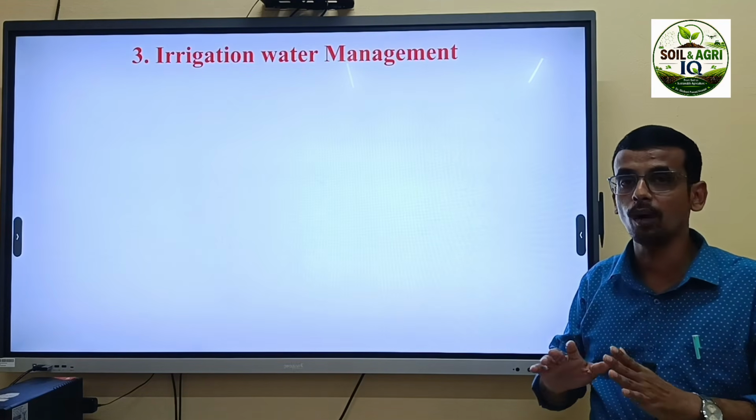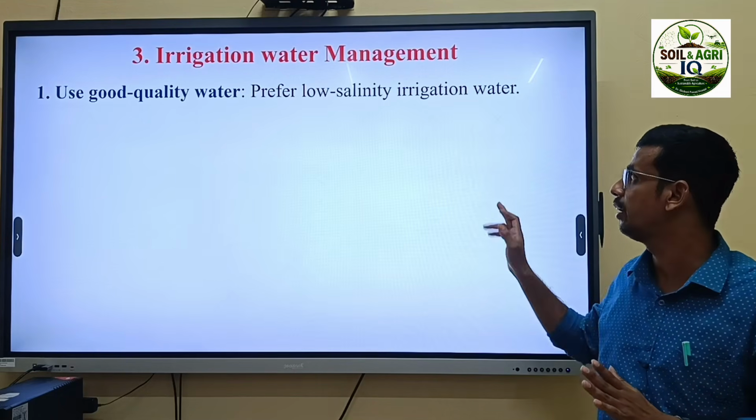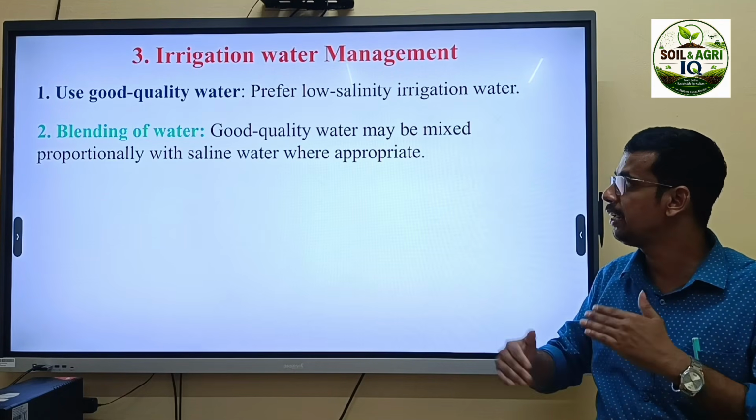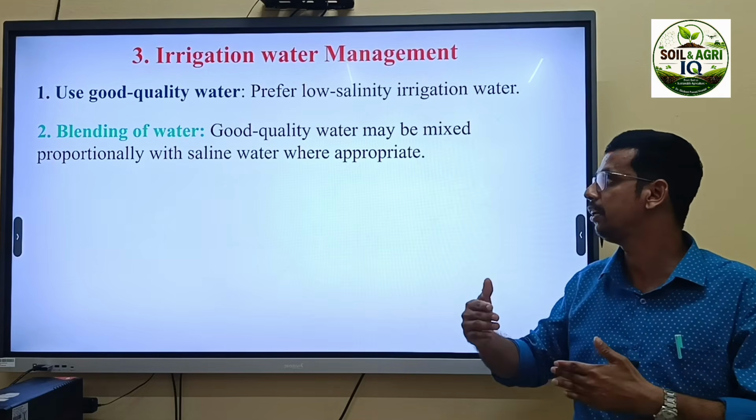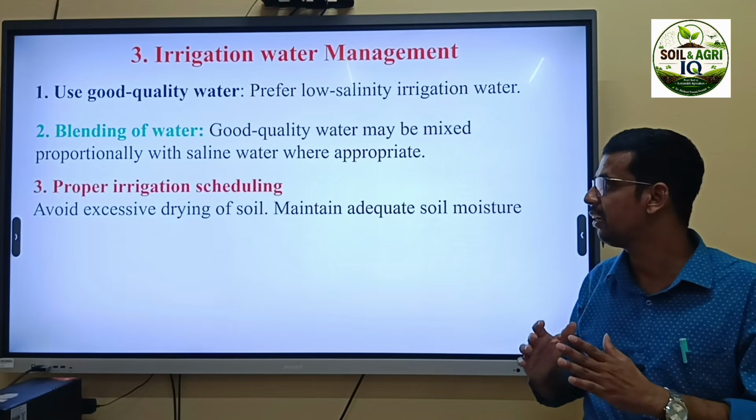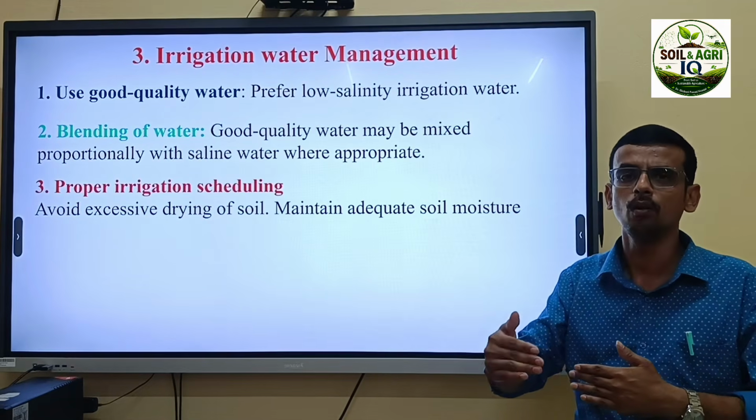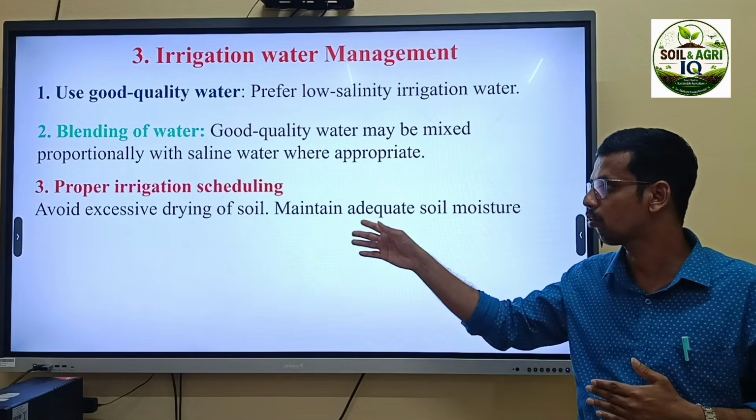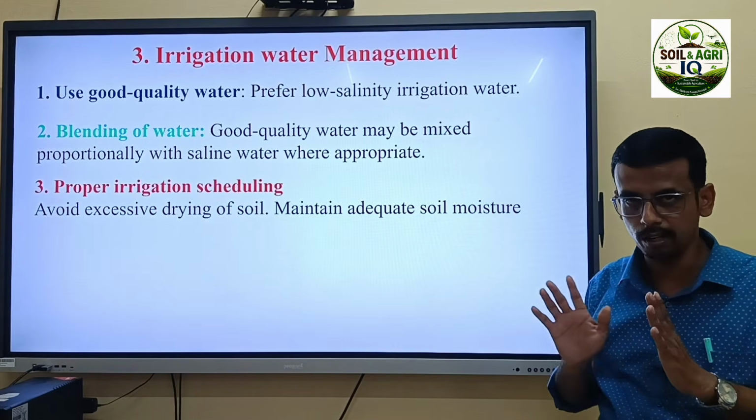Then coming to the irrigation water management, how is it possible? See, use good quality irrigation water, already I told. Then blending with water, good quality water may be mixed proportionately with the saline water. Okay. Then proper irrigation scheduling, avoid excessive drying. So you periodically or intermittently irrigate your soil so that it should not excessively dry, and maintain adequate soil moisture